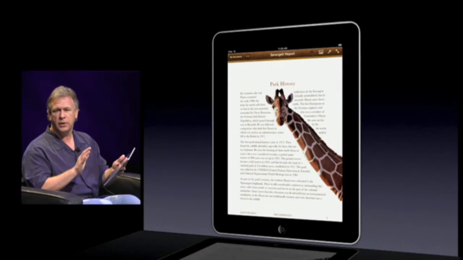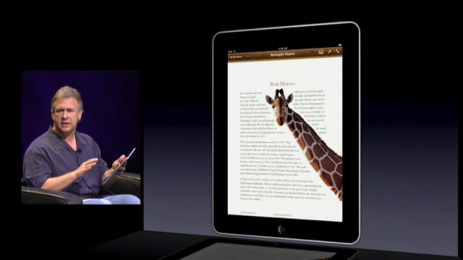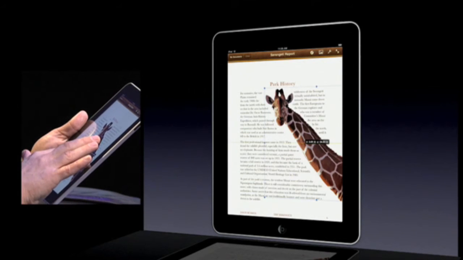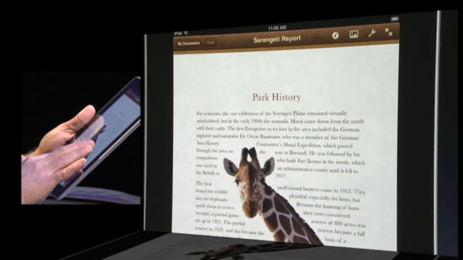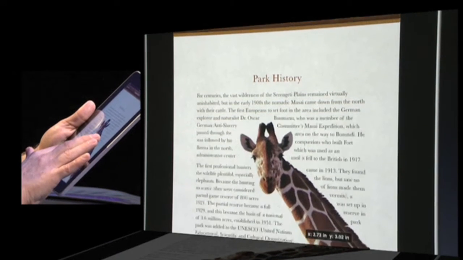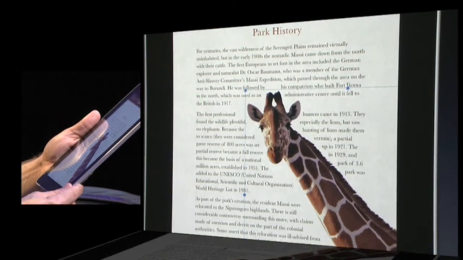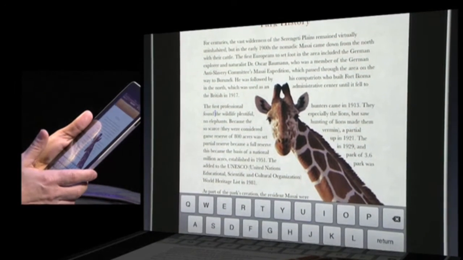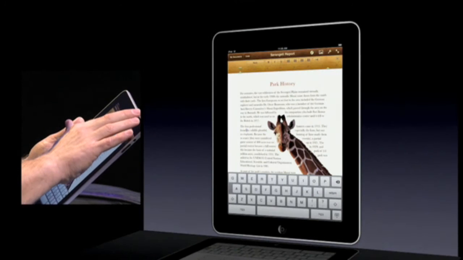Now, here you see something really advanced happening. We're seeing automatic text wrap around a graphic. I can hold down on this giraffe's head and start moving it around, and you see the intelligent auto wrap happening. I can tap on the text to type, or I'm going to tap the info button on the top